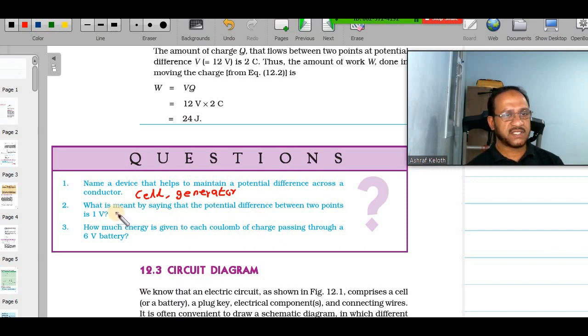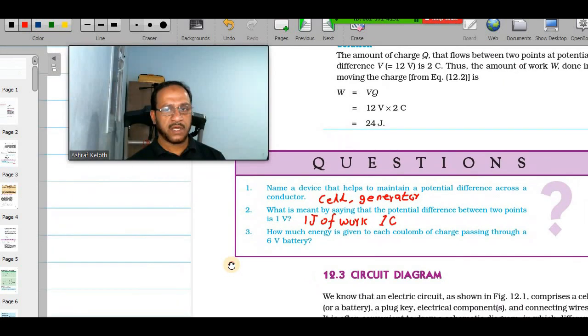So here we can say with a slight difference according to the question. What is meant by saying that the potential difference between 2 points is 1 volt? It means 1 joule of work is required to move 1 coulomb of charge between these 2 points. Got it? Then next question,